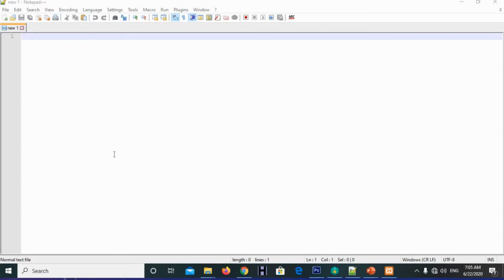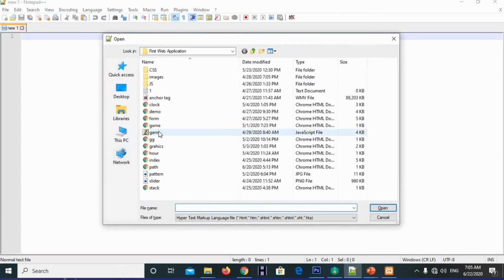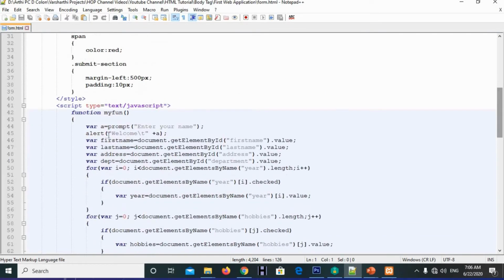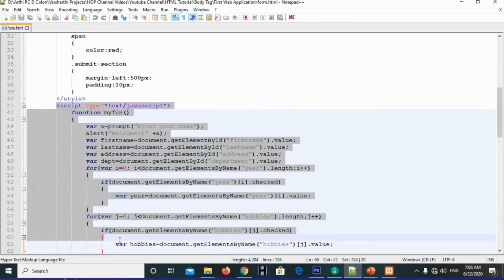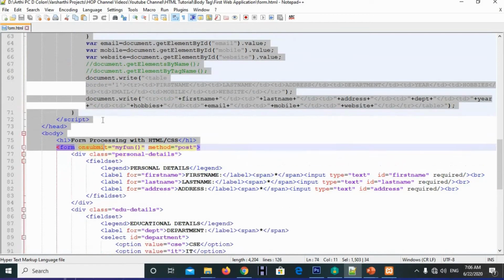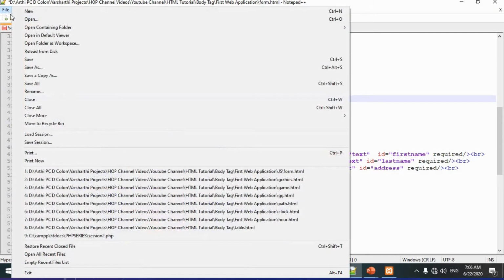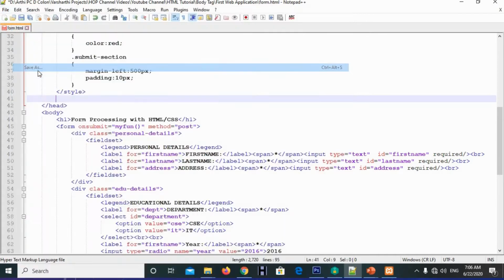So we can just open that form and simply remove the JavaScript coding from it. This is the portion where we have implemented JavaScript processing, so kindly remove these and we can save the form as PHP.